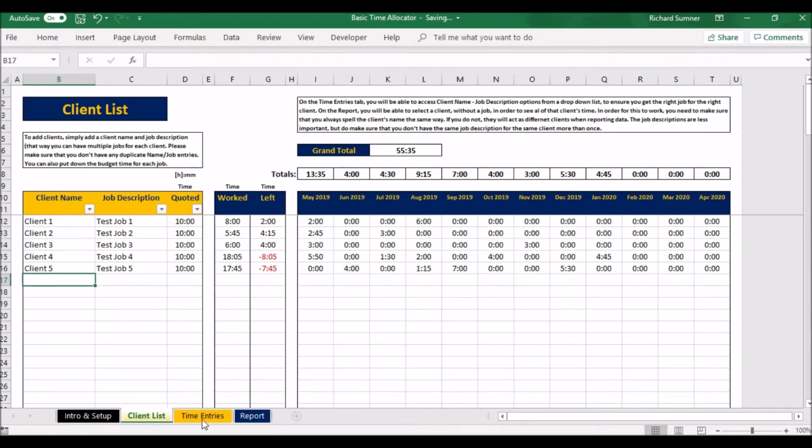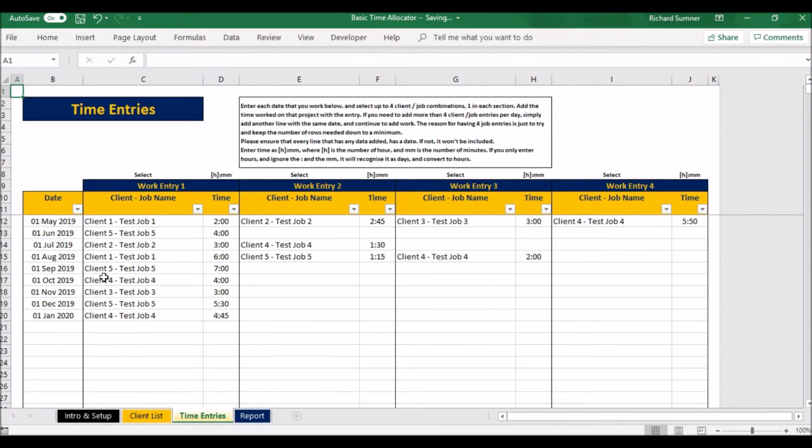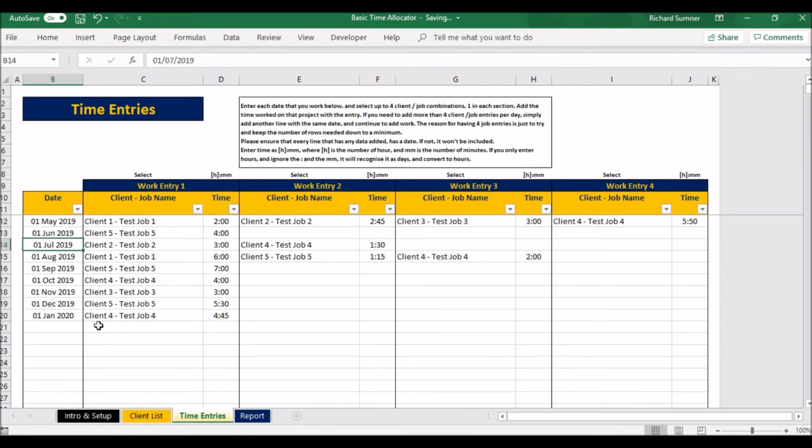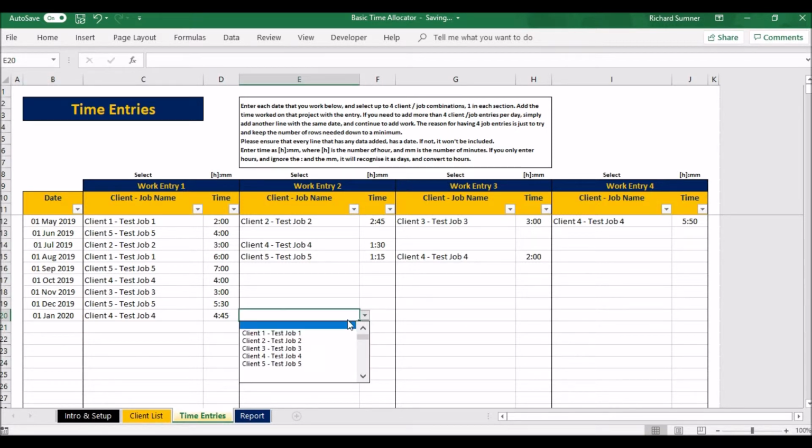Once you've added those in, you can go to your time entries, put in a date, and you've got up to 4 different clients per day that you can assign time to. If you've got a 5th, no problem, just put the same date in again underneath and do another line. You've got 1,000 lines, so that's more than enough for the year, even if you're doing 2 or 3 per day. And then all you do is put the date in, select the client job number combination, and put